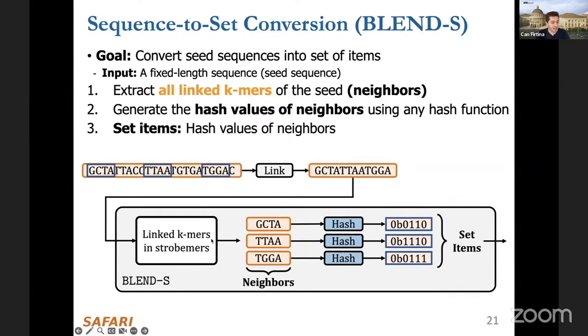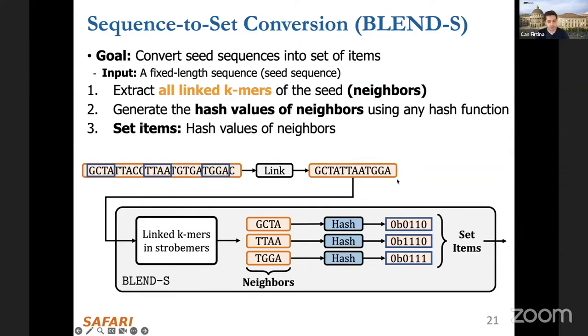And this is essentially what we do in Blend S. We extract only the linked k-mers in Strobemers. Here in this case is GCTA, for example, this was linked from here, GCTA, to here, and the second link is TTAA, which is here. And we take all of these linked k-mers and then we use them as neighbors. And then similar to Blend I, we hash them and then we generate the hash values of these neighbors. And then we use these hash values as set items again for that particular